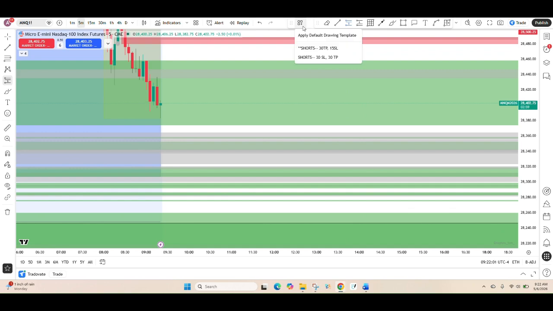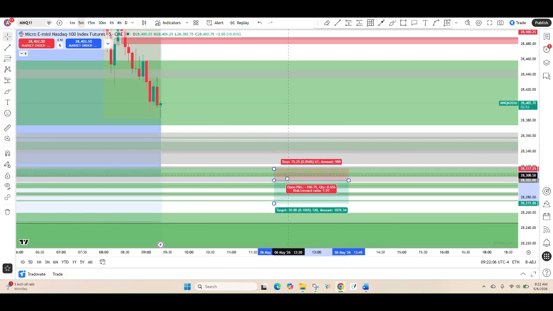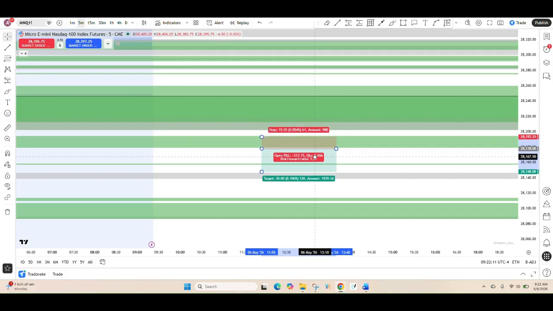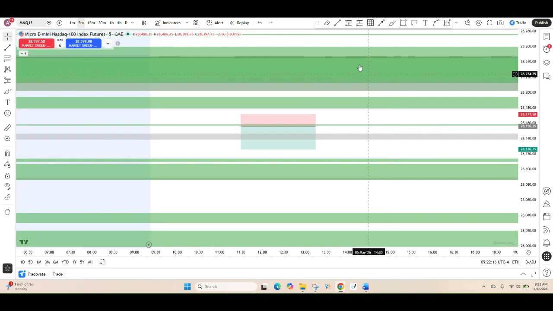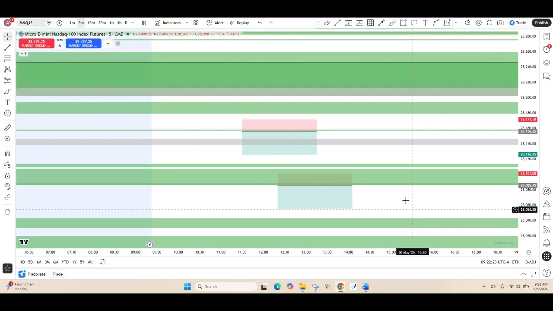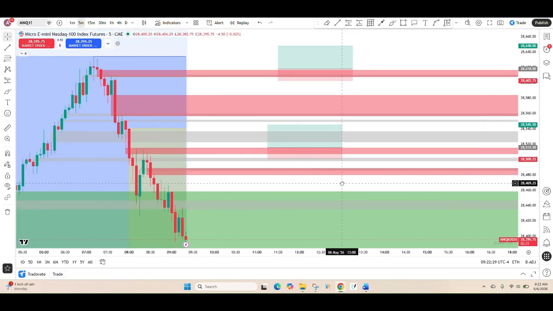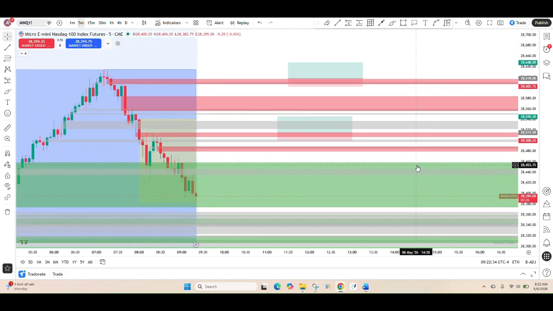And for shorts, there's no shorts because all of these are within other ones. Okay, here we have one all the way down here. I don't know if we'll get that far though. Then we can also mark out this one. Right, so we have 2 shorts and 2 longs that we could potentially take. So it's 9:22. We have 8 more minutes until open.